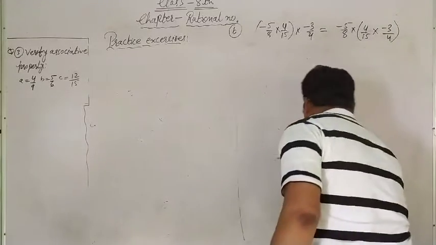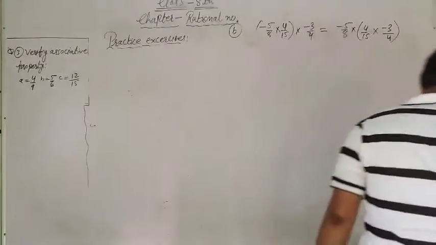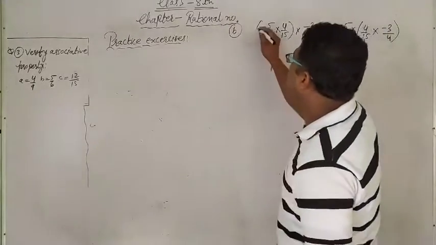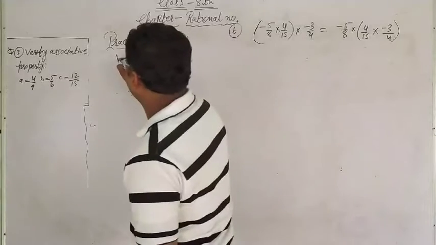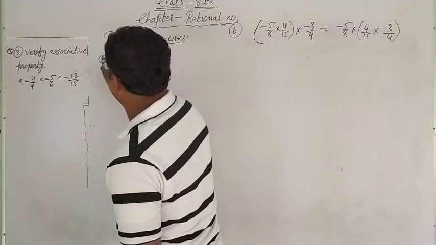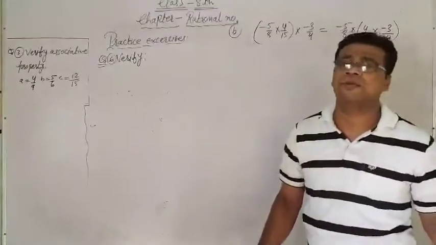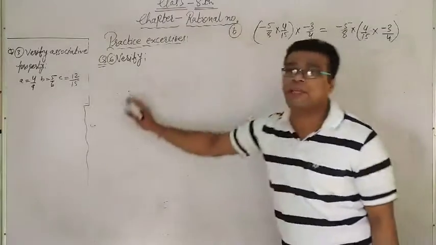What is the B question? Look here, this is the B question. Again, it is the verify. The question is saying verify. I think it was question number 6, but no problem if it is 6 or 7. Note this, this is the B question of verify.